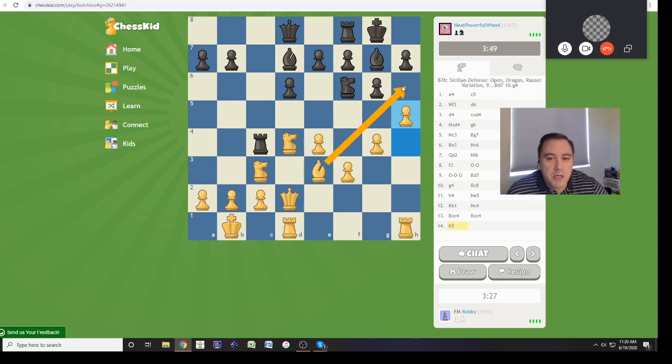Now, Jonathan, what could be a potential problem with playing bishop h6 in this position? Do you remember that trick that they have? Maybe they have rook d4. Okay, very good, very good, nice. Okay, and so now what happens is if